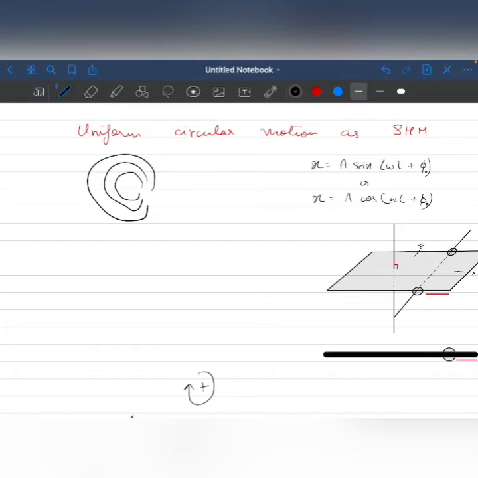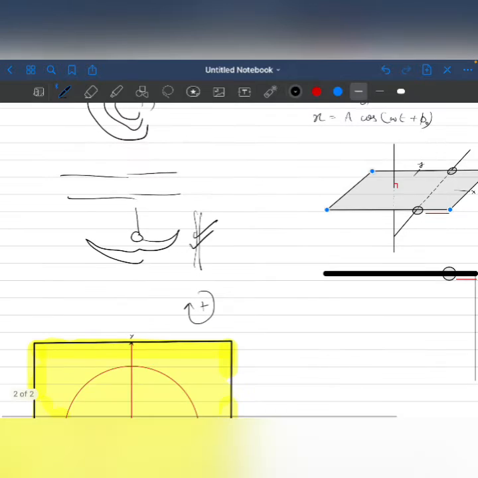At a certain time interval, it has to come back, but it has to go to and fro also, it has to go front and back. Like if you see a pendulum, it will first go here, then it will come back here, then it will come here, then it will come back here. That is the requirement for SHM. The to and fro motion should be there.